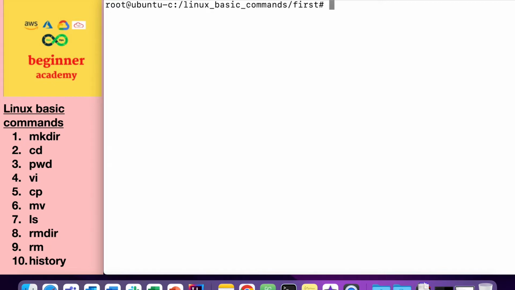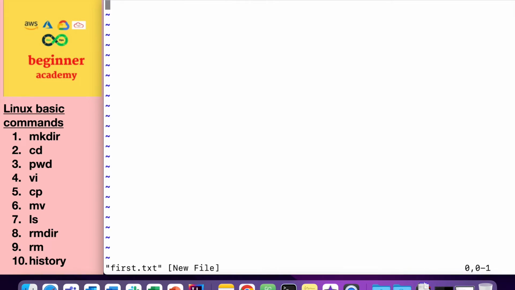Now let us create few files. You can create files using vi. vi stands for visual editor. Type vi and the file name first.txt. It will open up an editor mode. In order to insert data, type i on your keyboard. It will take you to insert mode and type whatever you want. I'll say welcome to